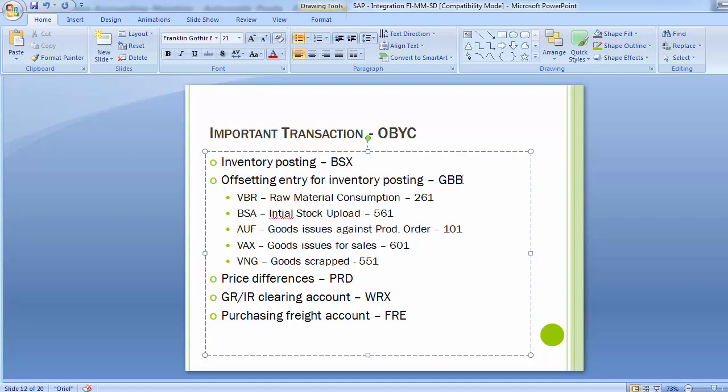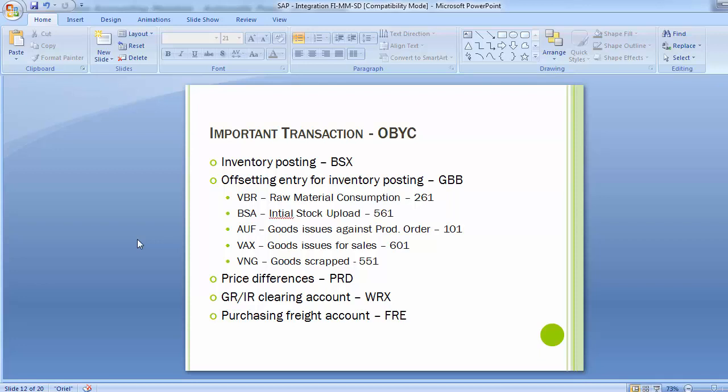So moving up to the next now is WRX. WRX basically refers to the GRIR account, which occurs in the case of goods receipt and invoice receipt against the purchase order. These are the only two places where this GRIR account is used, which we have seen even in the earlier part, where ultimately the GRIR account gets knocked off and it becomes 0 and no values are reflected on that. So normally a GRIR clearing account should not have any balance in its account if the goods receipt and invoice receipt has been done for the particular purchase order.